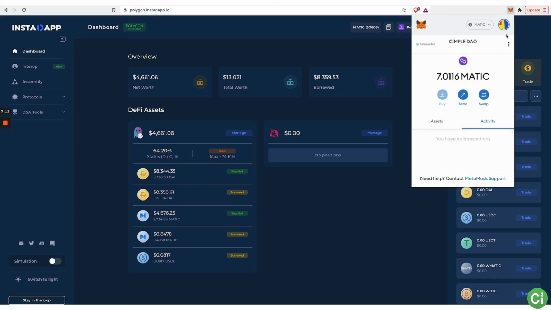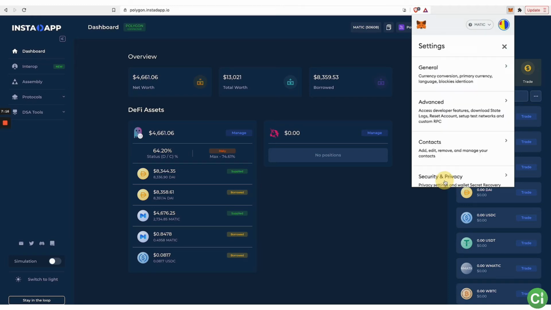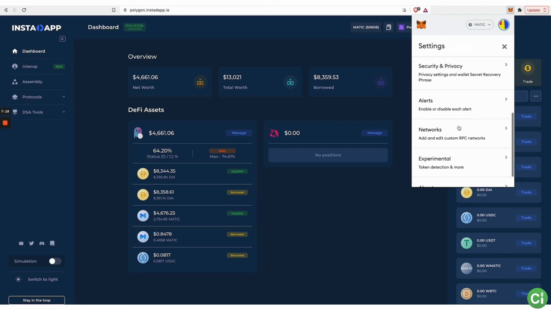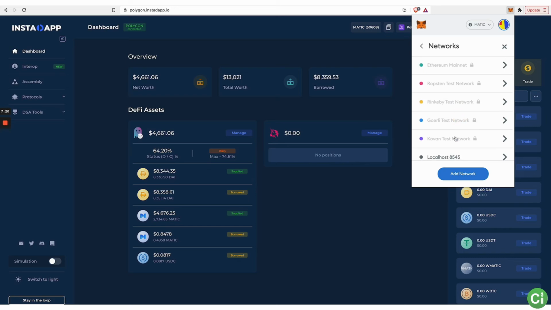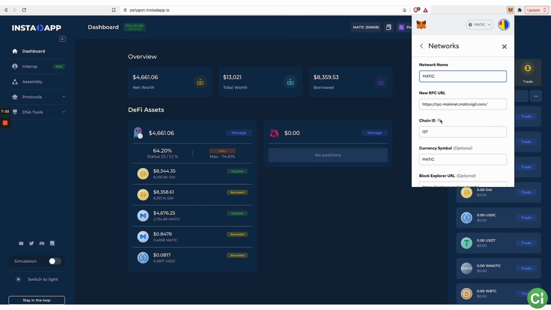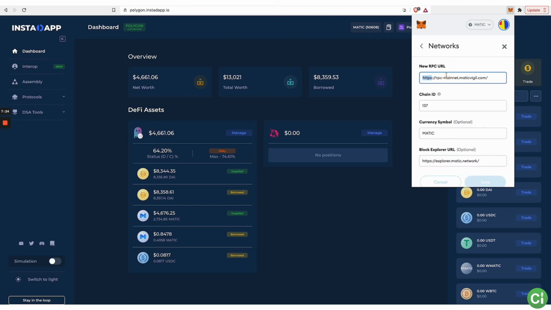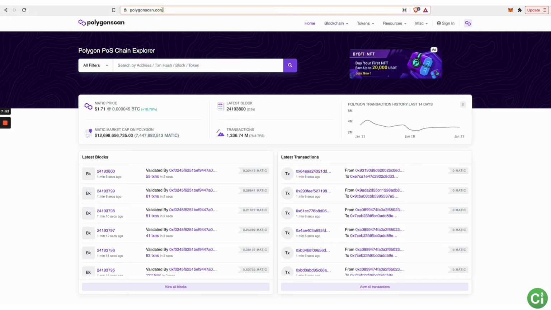If I want to check what they put in there, the way that I would do that is I would come in here, I would go to settings, I would come down to networks, okay? Then I would find the one that they just added right there, and I would see that they put in this information, which you can pause the video and just type in yourself, or you could do what I did over there. Now, this is what I wanted to change, and this is why I had to change it in that other video, because of explorer.matic.network, I would rather use Polygon Scan. It's just polygonscan.com. Yeah, so you would just copy this right here, okay?